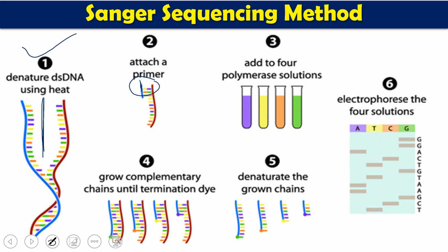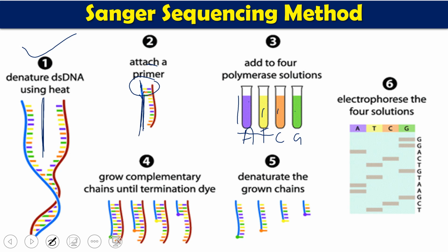Then this primer along with nucleotides and some other components will be mixed in 4 different tubes, and each tube is specific for each nucleotide. Like this one is for adenine, this one for thymine, this one for cytosine, this one for guanine. So 4 tubes for 4 specific nitrogenous bases, and their different components will be added there. Then the chain will be elongated with the help of polymerase in each tube. Here the DNA chain will be elongated, in this one also, in this case also, and in this case also.